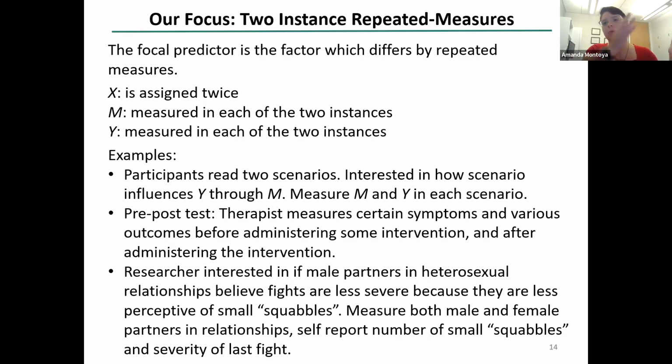So you could say these people have no treatment because they haven't received the treatment yet, and these people have received the treatment. When we have more complex designs where we track people across time, and we'll talk about this a little bit throughout the workshop, the specific design we're focused on would just have 2 time points. Yeah. And is there an M in that instance too, a mediator?